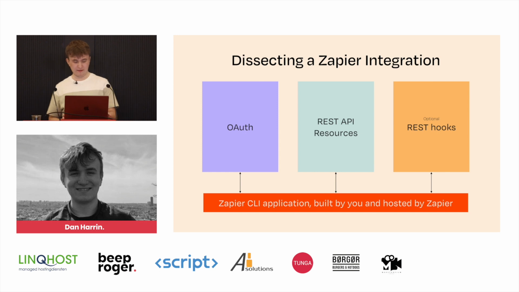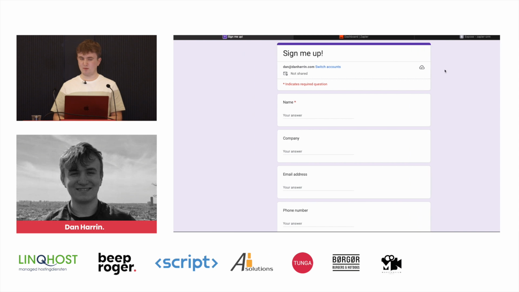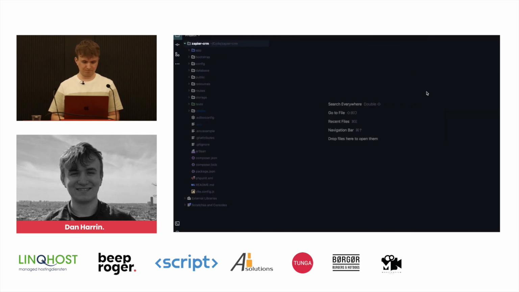So what we're going to be doing today is building a very simple integration for a mini CRM. All it does is it just has one model. It just has a client model. And the end goal of this is going to be submitting this form here and then creating a new client within our database. It's a very simple example, but it can be used to really project this into a much bigger integration if you wanted to. So our clients table has a name, company, email, and phone. And we have a model for this as well.